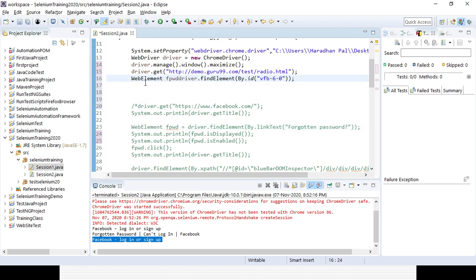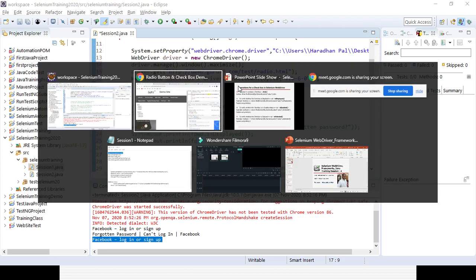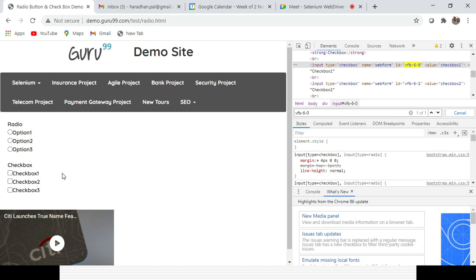Here I will be giving the name as checkbox 1. You need to give some suitable name for each and every variable. Otherwise, in case another user is also working on the same code, he will not be able to understand it, and even after 2 or 3 months, if you want to revisit or update the code, you will not be able to understand it. So you need to give suitable names so that you can easily identify them. That's why I am identifying the checkbox 1.